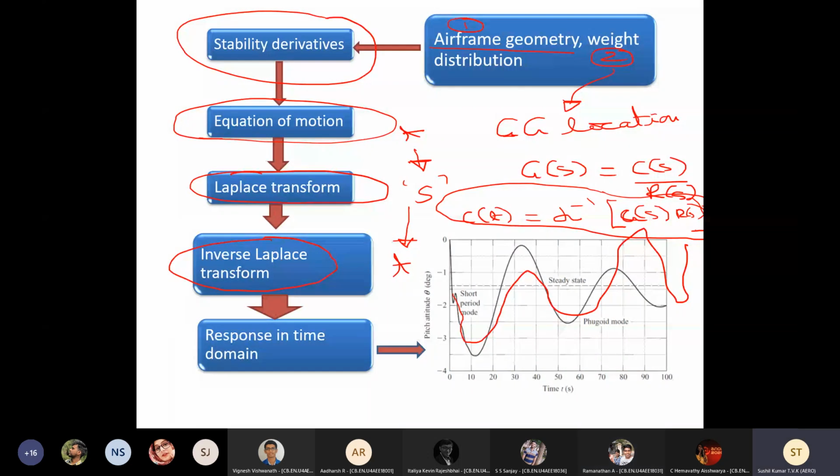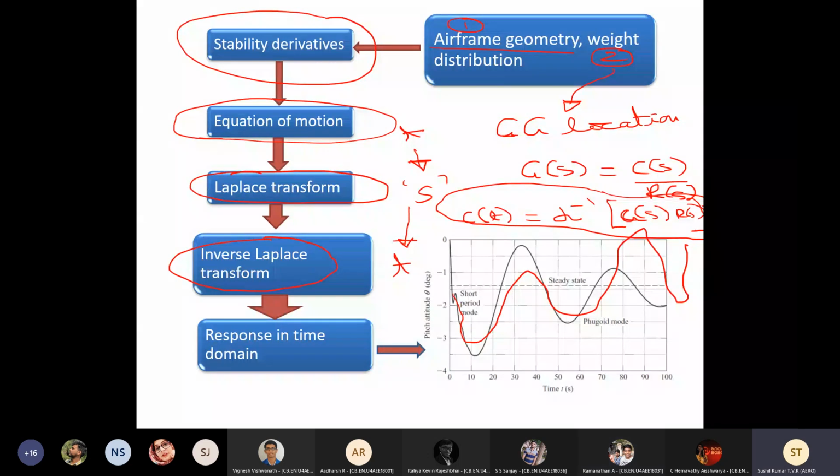Suppose the system is 40th order, a differential equation. Just imagine. Can you really do this inverse Laplace transform and all? How difficult it will be. Of course, again for your interviews, just keep this in mind. That's where the control theory helps you. Without getting into the inverse Laplace transform, you will be able to comment on the stability of the aircraft. Not only comment, you can even design an aircraft properly.